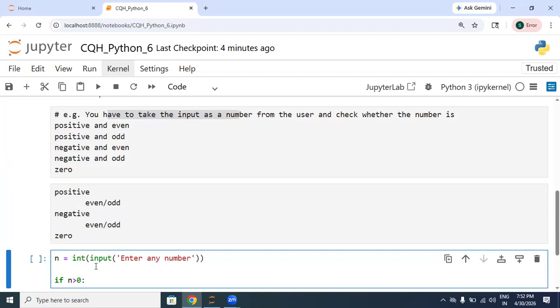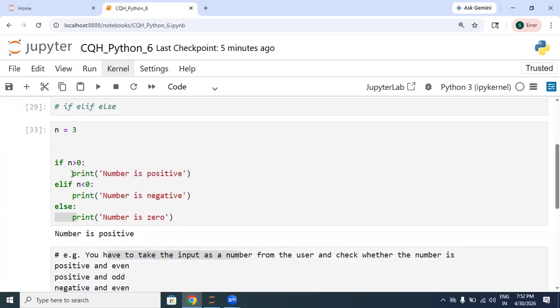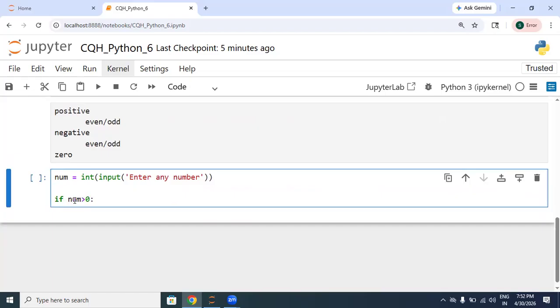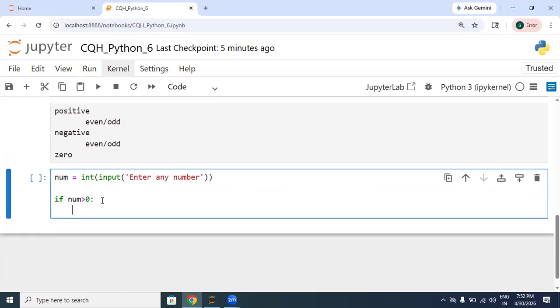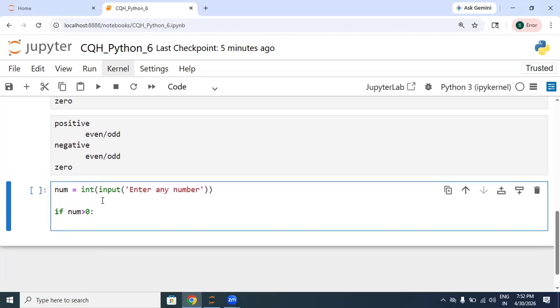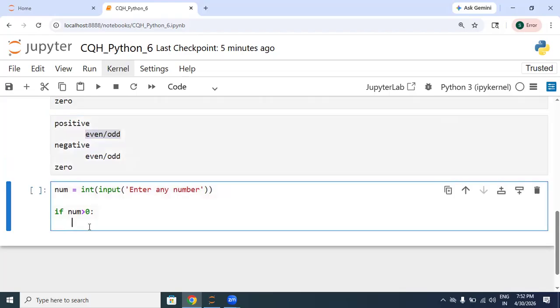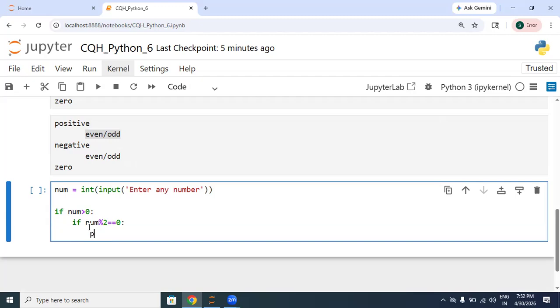Let's store it in the variable n, or we have taken n here. So let's take another variable num. And let's say if num is greater than 0, then write the code block here. So we can write the code for even odd in this code block. So let's write it as if this num is divisible by 2, then print the number is positive and even,